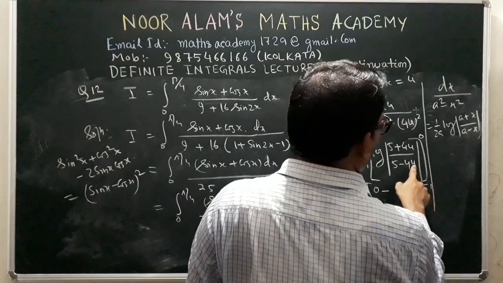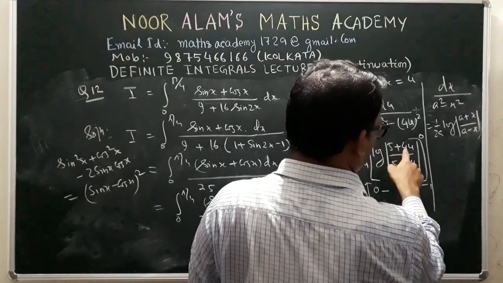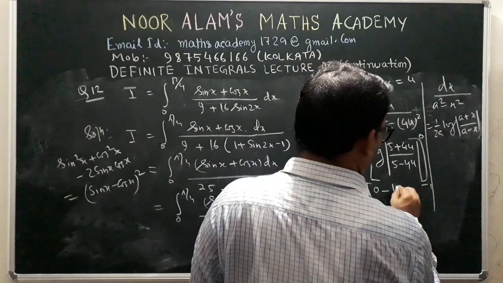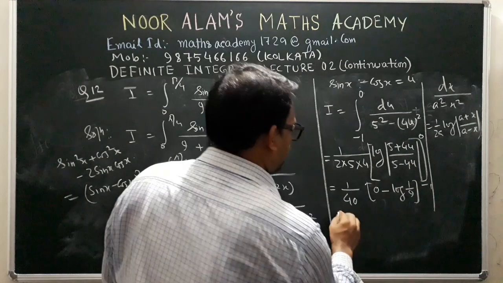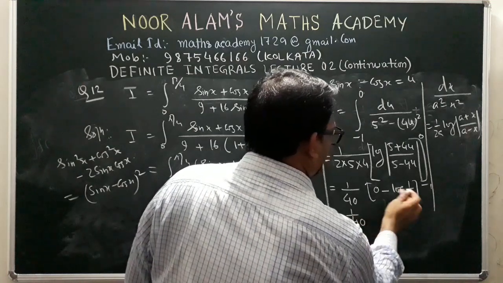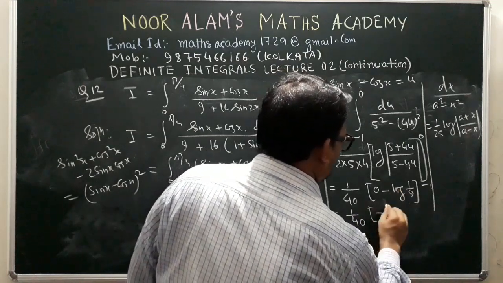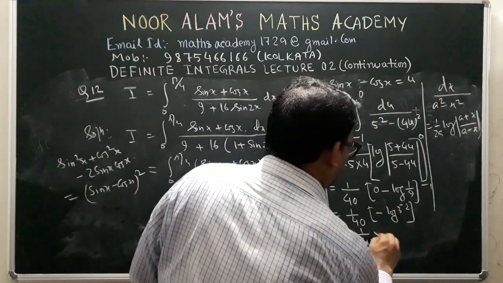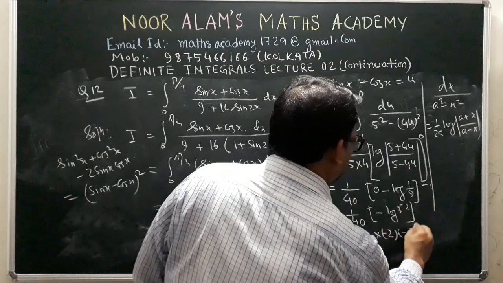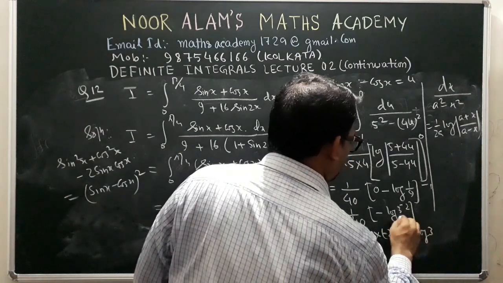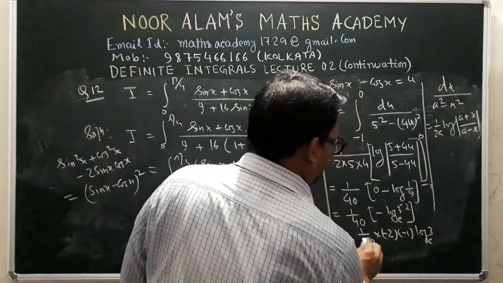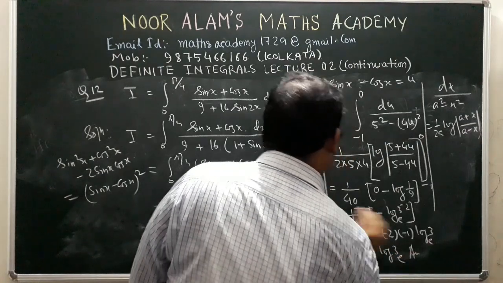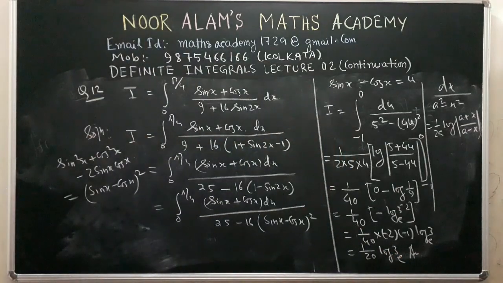Minus, if you put u equal to minus 1, what will happen? 5 minus 4 is 1, and 5 plus 4 is 9. So you get here log of 1 by 9. Very easily you can write it this way: 1 by 40, and this minus sign you can avoid by taking log of 3 to the power minus 2. So it will become 1 by 40 times minus 2 into minus 1 log of 3, base e also. So this 2 and 40 cancel out, you have 1 by 20 log of 3 base e, and this is the final answer: 1 by 20 log of 3 base e.